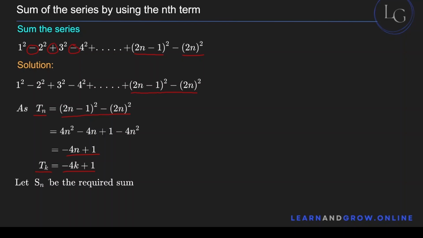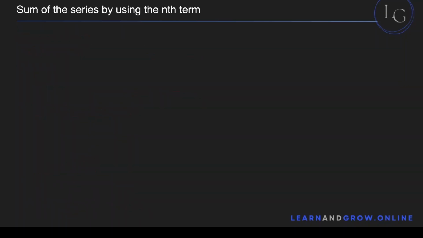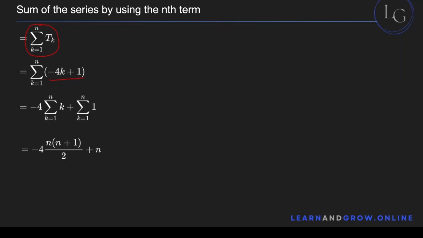And now you'll use the summation notation to find S, and that is what the question requires, the sum of the series. So Sn is equal to T1 plus T2 plus T3 plus T4 and so forth till Tn. And so this now becomes the summation from k is equal to 1 to k is equal to n of Tk. And now you'll simply replace Tk with minus 4k plus 1, and you'll deal with minus 4k separately and 1 separately. So basically you'll apply this summation on minus 4k,